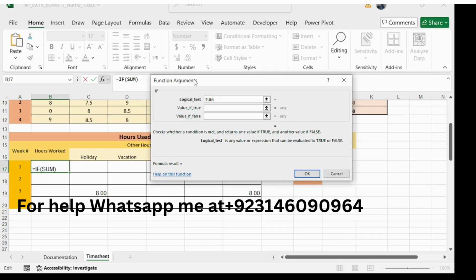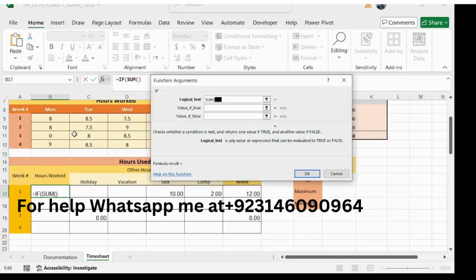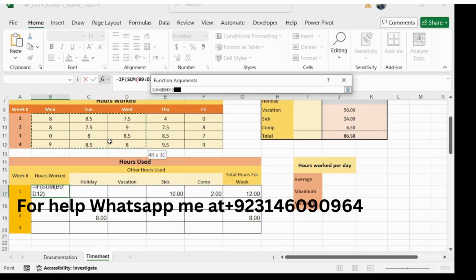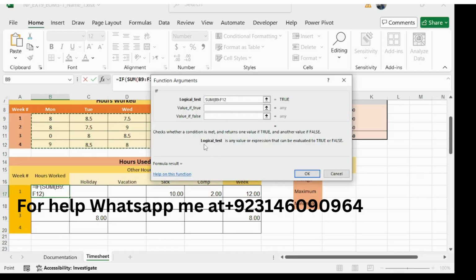Type sum, open the bracket and select the range B9 to F9 and close the bracket, is equal to 0. If value is true, then display nothing.